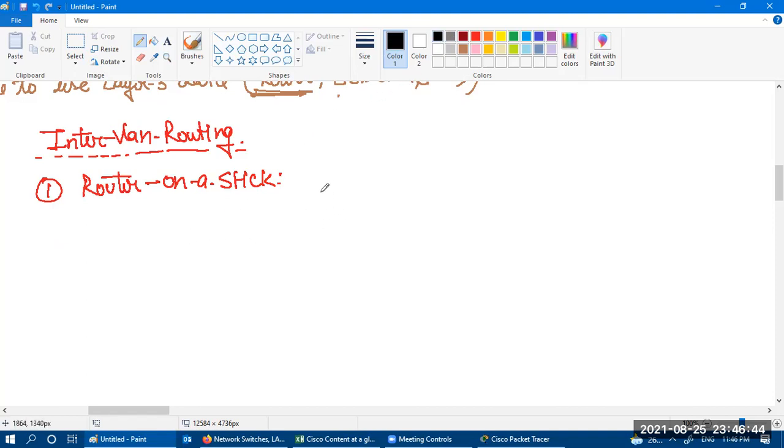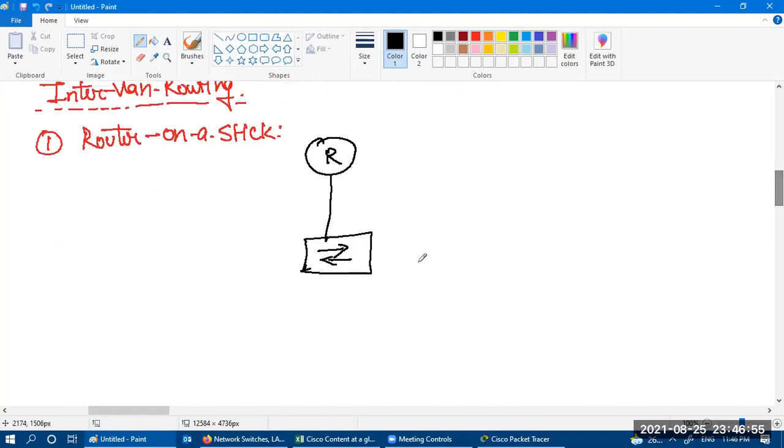This is our router, and that router is connected with a switch. That switch has multiple VLANs. So like 10.1.1.1, here we have 10.1.1.2.